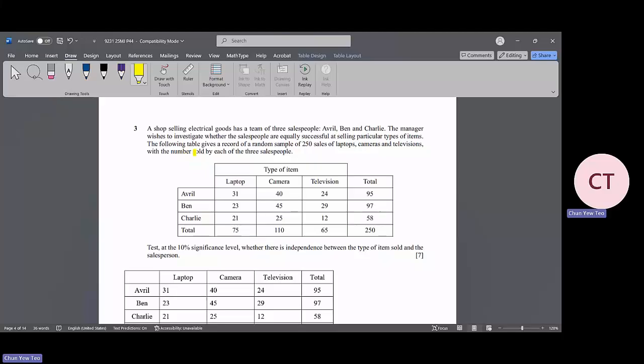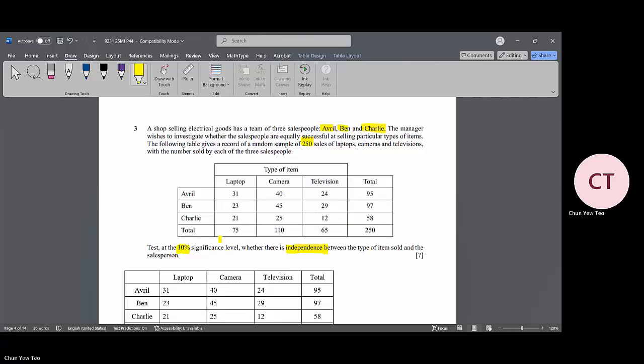Top selling electrical goods has a team of 3 salespeople, Avril, Ben, and Charlie. The manager wishes to investigate whether the salespeople are equally successful at selling particular types of items. The following table gives a record of a random sample of 250 sales of laptops, cameras, and televisions, with the number sold of each by each of the 3 salespeople. Okay, so that's at 10% significance level whether there is an independence between the type of item sold and